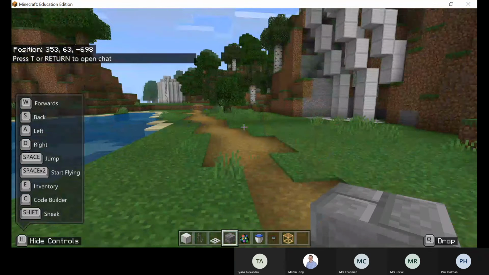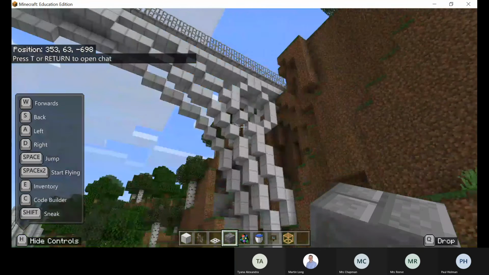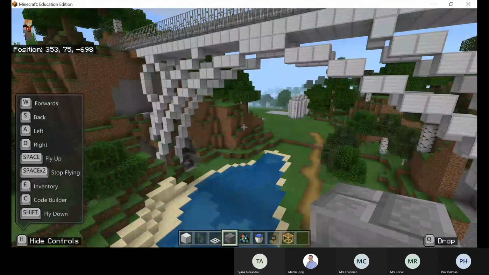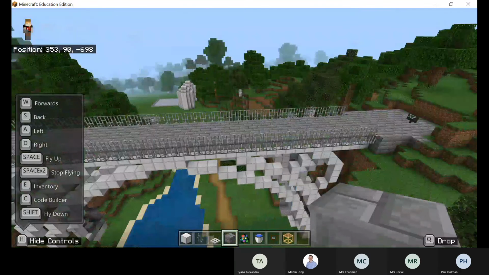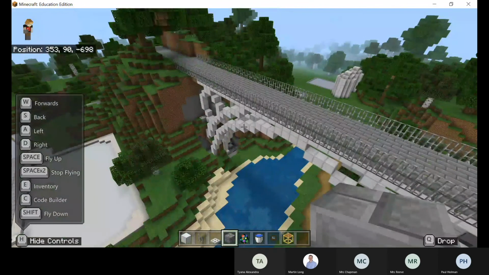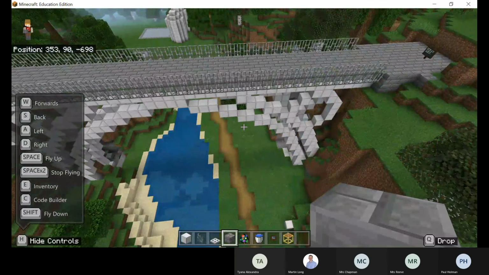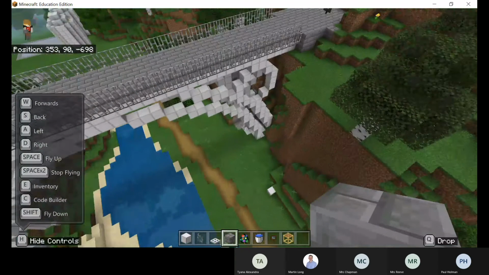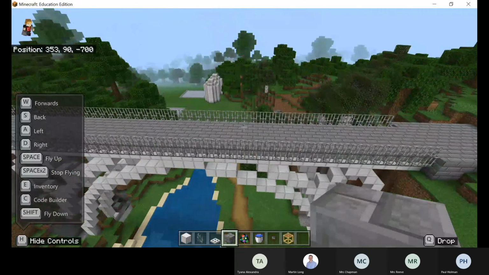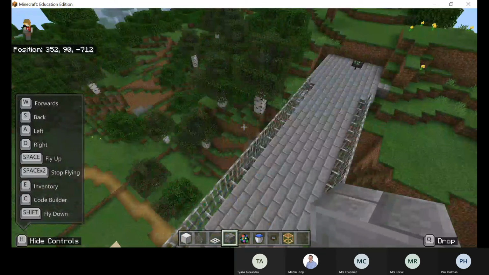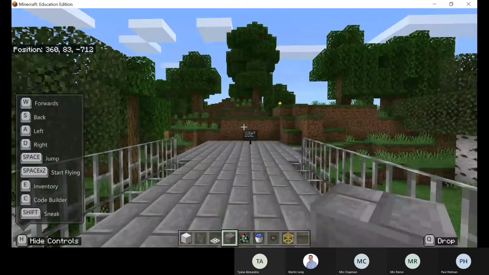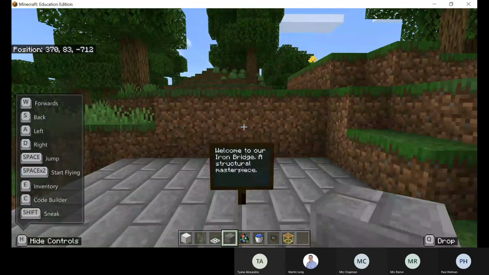But what we did, we took construction materials and we built, if I fly up in the air here, we built from blocks of metal and railings, we built into the side of the valley here a bridge, and we constructed it using the shapes that we were given. So we decided that arches were quite strong and they were able to bear a load, and the load pushed down onto the foundations on the side, and that allowed the traffic to go across the top. I can then move around it, so you could get other pupils to go and evaluate the work completed by other people. You can also walk on these once they're built. They're there as a real environment, and we left some notice boards to say welcome to what you're doing.